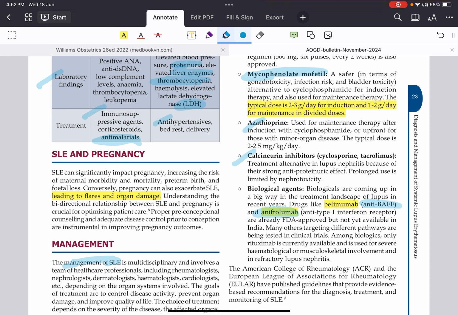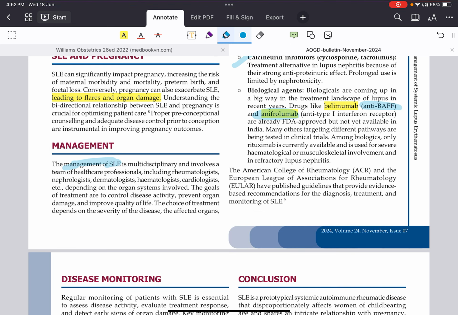Uh, Aniflorumab, okay, belimumab, aniflor, anif, anifrolumab, okay. Mm,